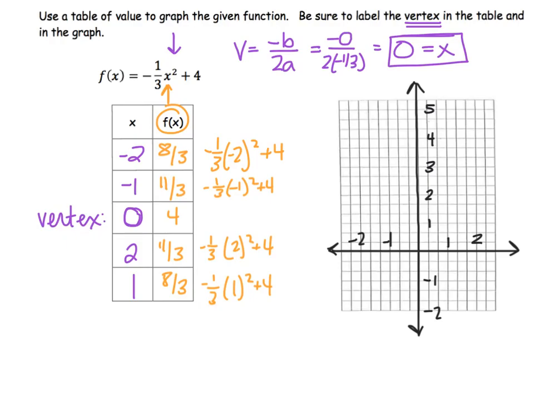So I'm going to go over -2, up 8/3. And then I'm going to go over -1, up 11/3. Over 0, up 4, over 1, up 8/3,